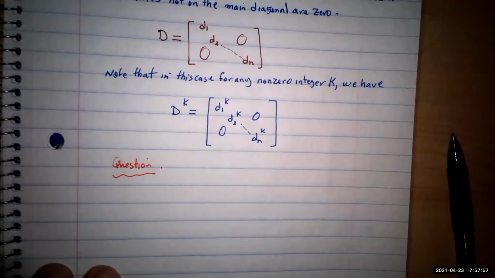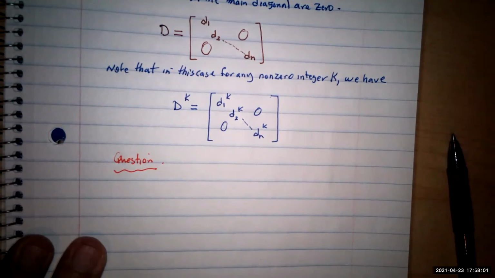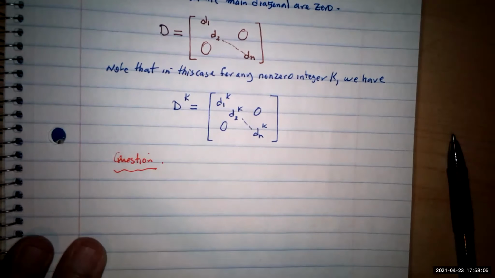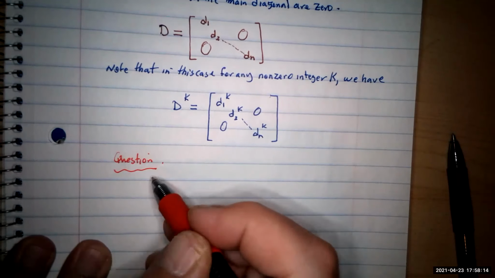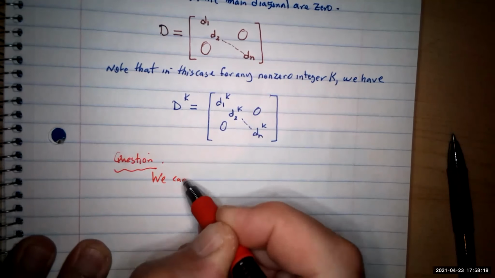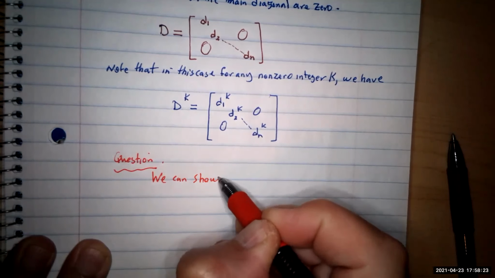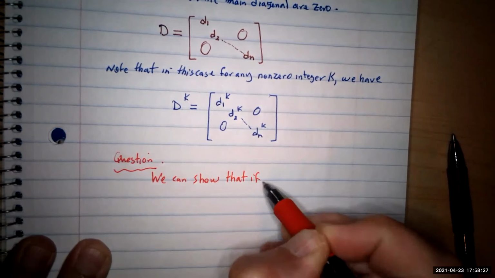The question is that if you give me a matrix A, I can change it somehow, I can show that this is similar to one of these matrices, which is a great deal. So what's the question? The question is we can show, one can show, that if A